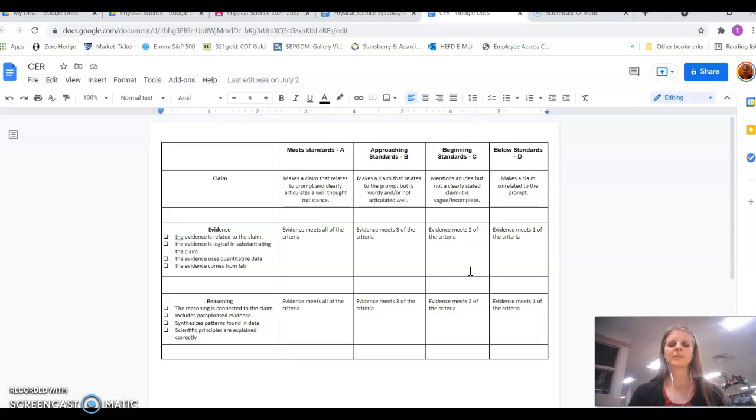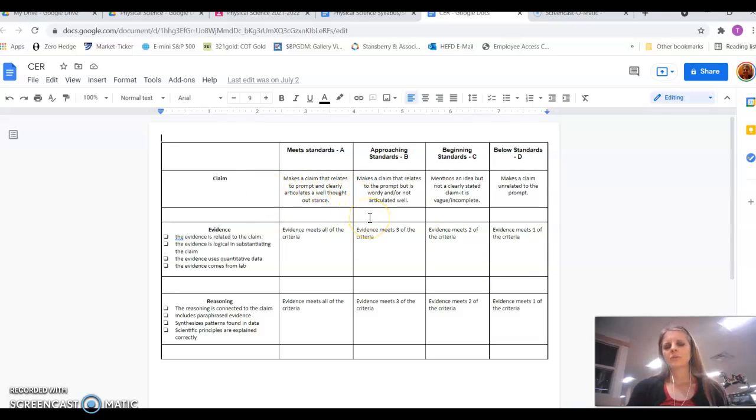I'll go to Google Classroom in a second, but you'll also see this rubric for each of the students. Now, I don't currently have it up there because I'm waiting for everybody to enroll into the class. I don't have everybody in the Google Classroom, and so I'm afraid that it won't go up to that student if I post it right now. But what we're going to be working on is, like I said, claim, evidence, and reasoning. Can you support what you're saying?